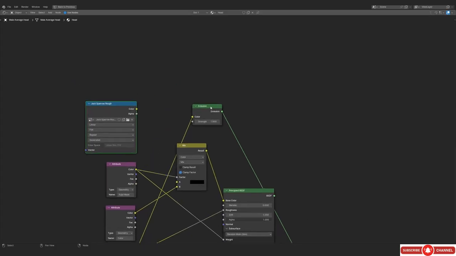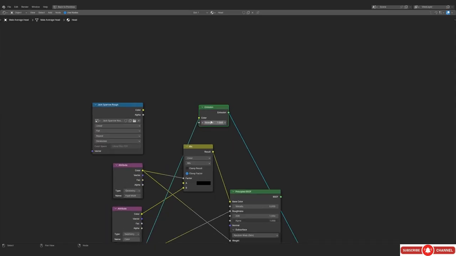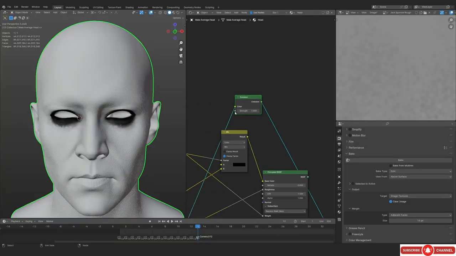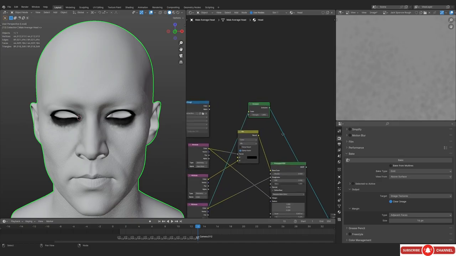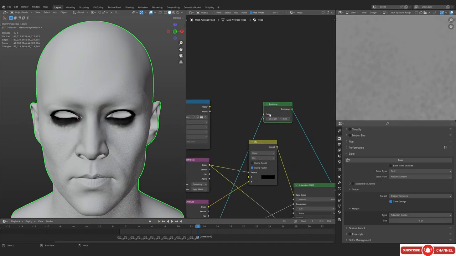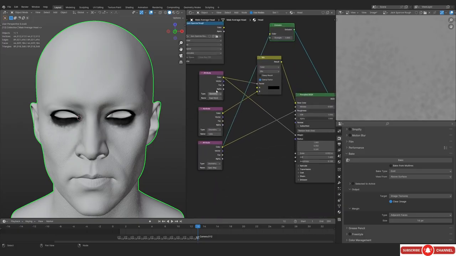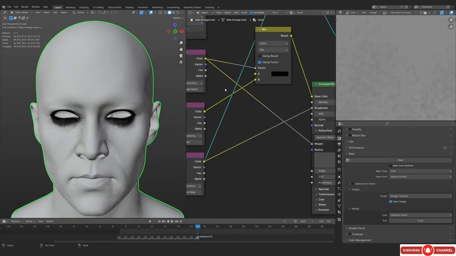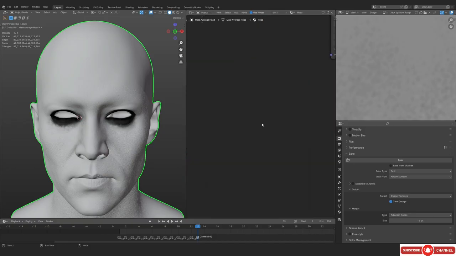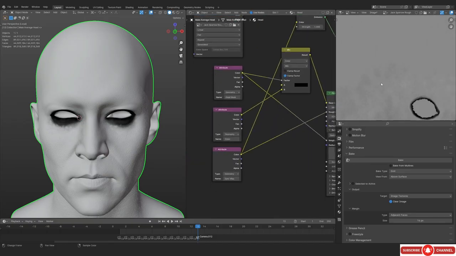and that's why I had to put an emission node in between. So the reason that you are seeing that the node setup is a little bit different is because Blender must have crashed and I had to put the emission node. This is actually just me trying whether this baking thing is going to work or not. So that's why you are seeing this emission node. So instead of just directly putting the attribute node into the output node, I am going to put an emission node in between, and it actually won't crash this time.